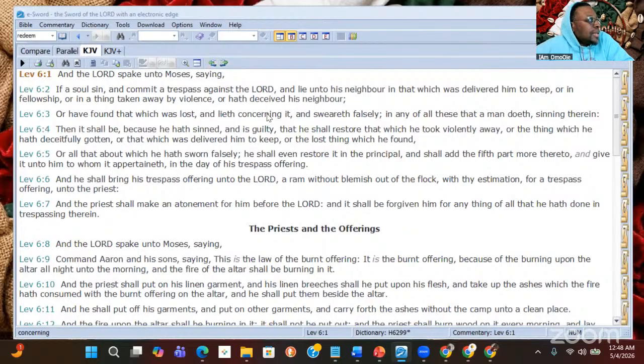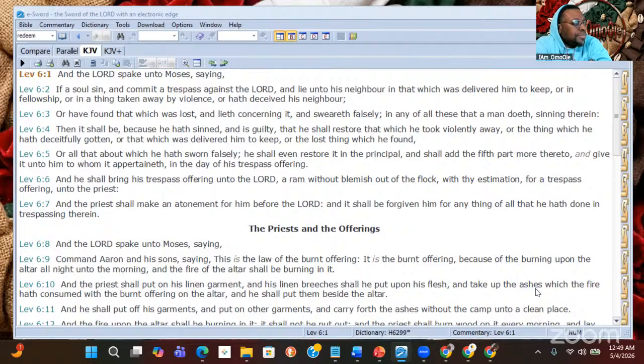Jehovah spake unto Moshe, saying, if a soul sin and commit a trespass against Jehovah and lie unto his neighbor, in that which was delivered him to keep, or in fellowship, or in a thing taken away by violence, or hath deceived his neighbor, or hath found that which was lost, and lieth concerning it, and sweareth falsely. In any of all these that a man doeth, sinning therein,